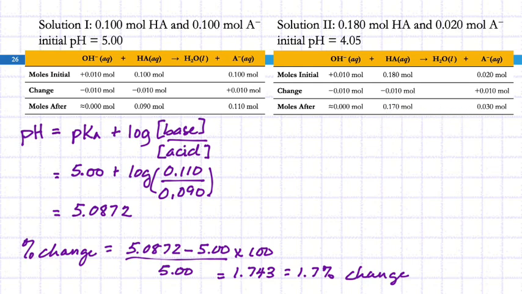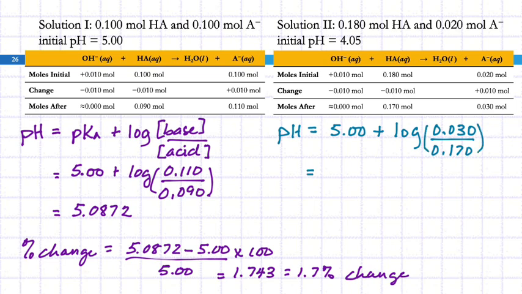And then we can calculate the pH of this one. It's got the same pKa. And again, log of base over acid, the base is 0.03. The acid is 0.170. That gives 4.2467. So the percent change for this one